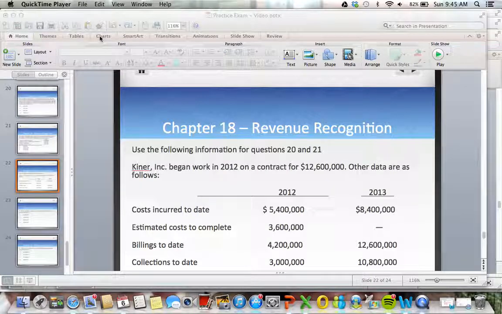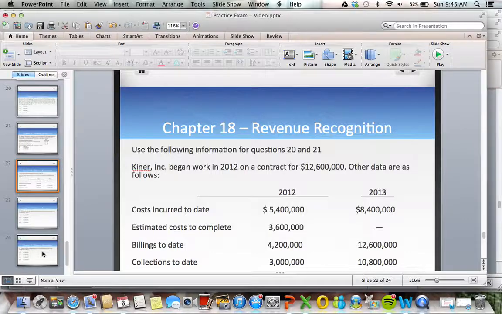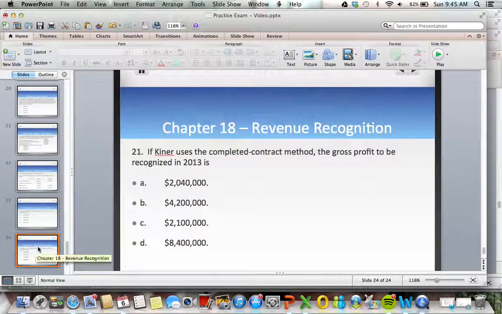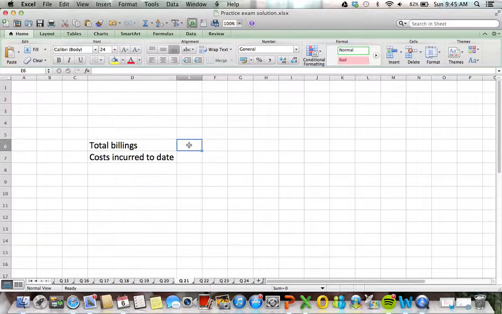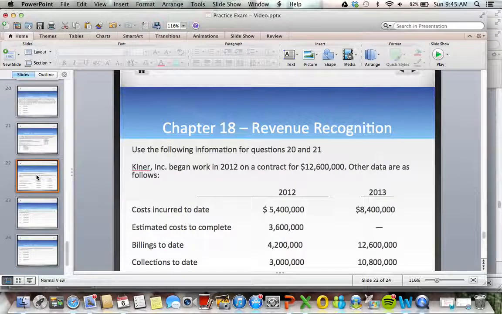And continuing with the last question here on the exam review, we have question 21. If Kiner uses the completed contract method, the gross profit to be recognized in 2013 is... So let's see here. In this situation, we have total billings are